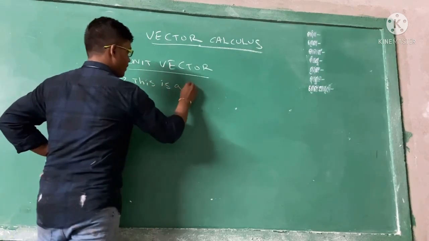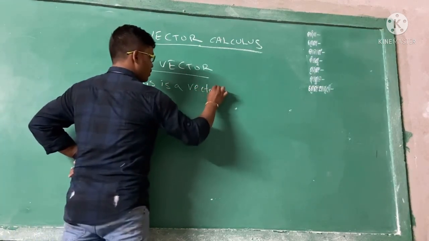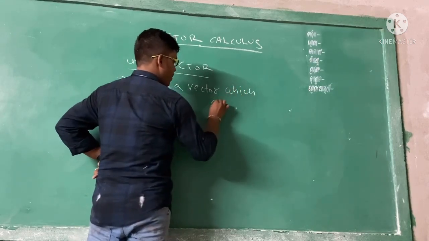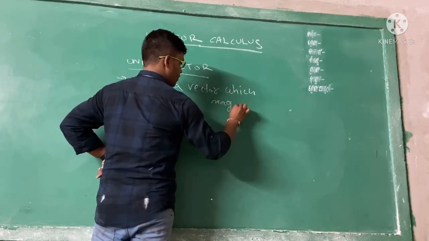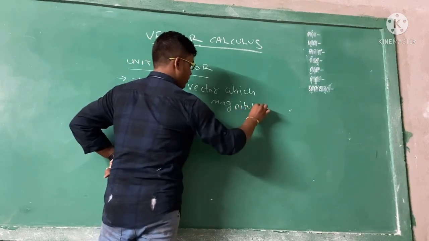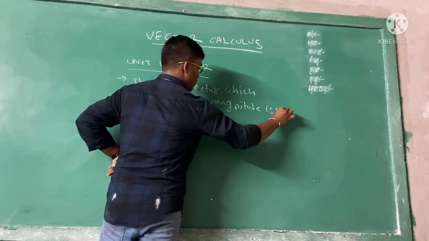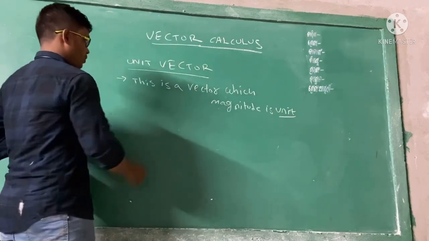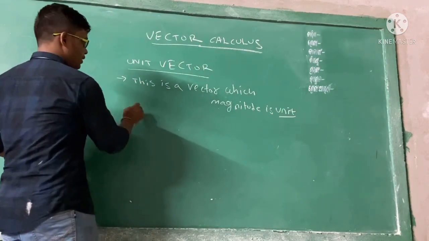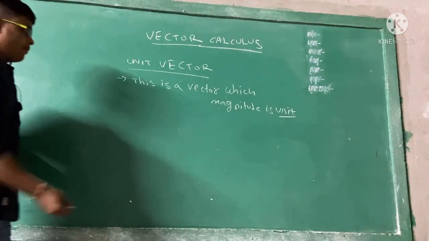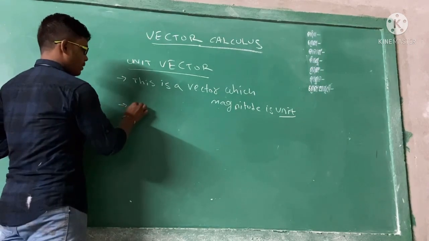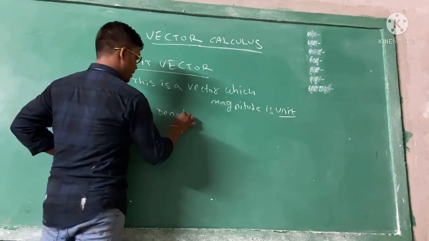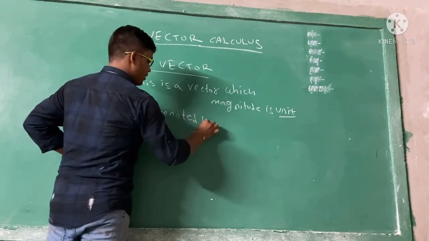So first of all, the unit vector. So what is a unit vector? Now this is a vector. A unit vector is a vector which has magnitude 1. So a unit vector also has direction and magnitude, but it has a specific direction and the magnitude is unit. And we will note what is the unit direction in the x-axis, what is the unit direction in the y-axis, what is the unit direction in the z-axis.